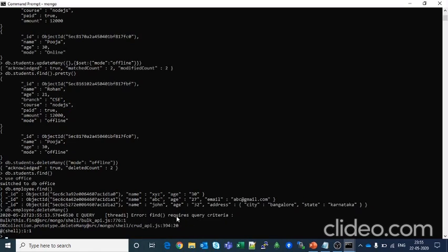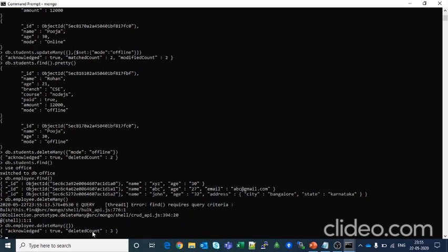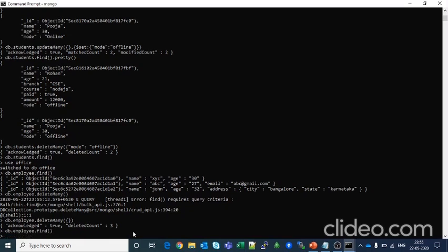It is saying requires query criteria, so you need to pass the curly braces here, and you can see the delete count is 3. So if we now see the collection, db.employee.find, there is no document inside this.